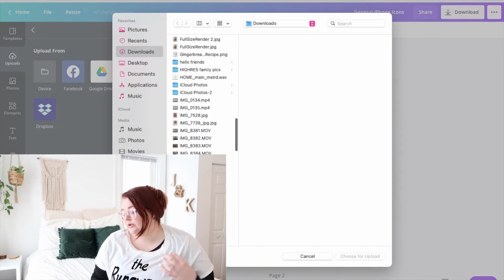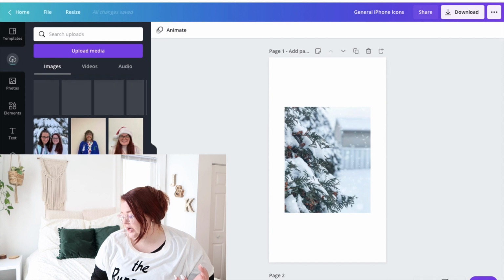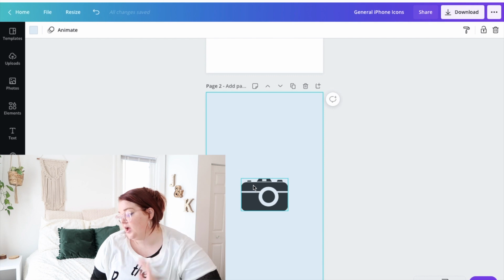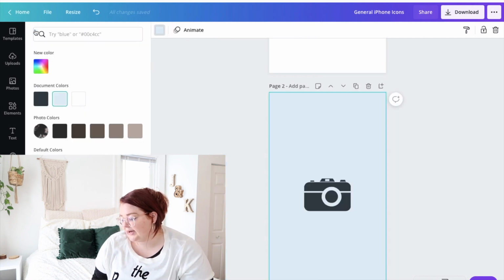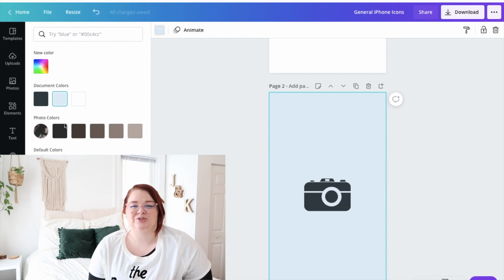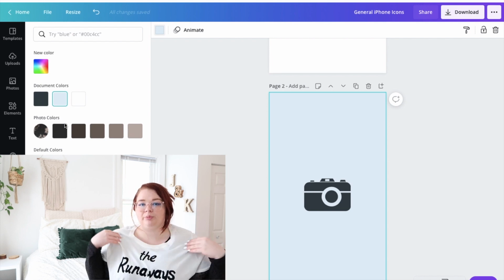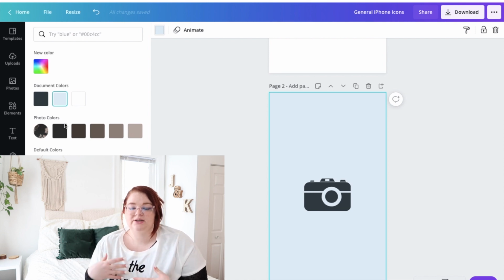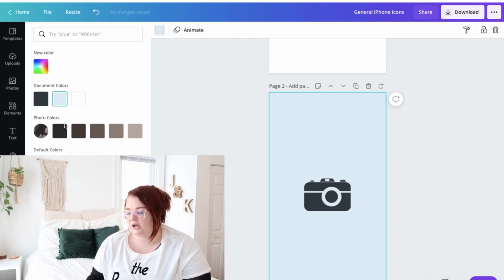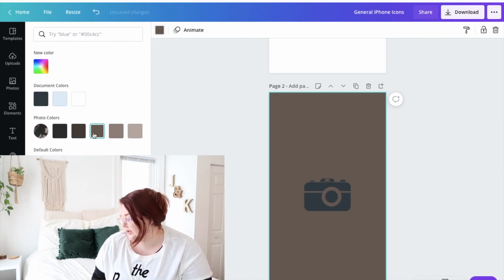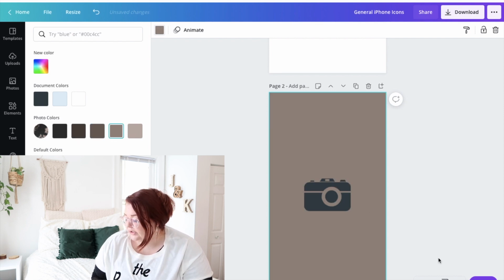And this is because with Canva Pro, you can actually do this cool thing. I want my camera logo to be in the color scheme of the photo I uploaded. And since I uploaded the picture, it's going to give me a color scheme. Now this is a Canva Pro option, but you are able to still do this. It's just a little more difficult if you don't have Canva Pro. You're just going to want to eyeball it and look at the picture and figure out what colors you want to go with. So for this first one, we're gonna go with this color,